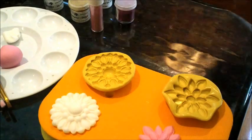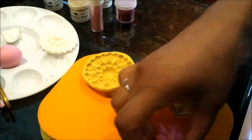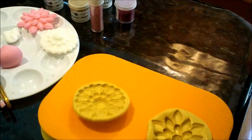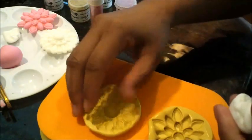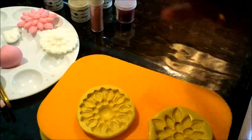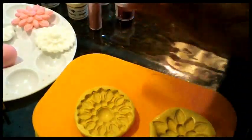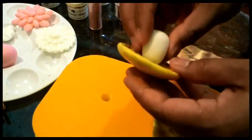First I'm just going to give you a quick demo on how I use the silicone mold. These are food grade, they're bendable, flexible, and you can use them over and over again. When you use your silicone mold, make sure that you wash it as soon as you get it, just to be on the safe side, and dry it. Then you get your gum paste, and if it sticks to your hand, do a quick rub of shortening. When you have a smooth ball, press it in your mold